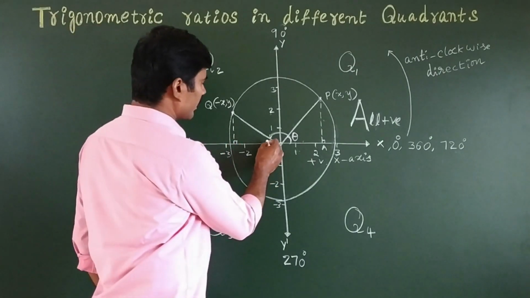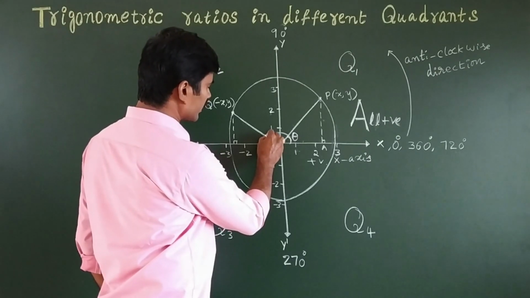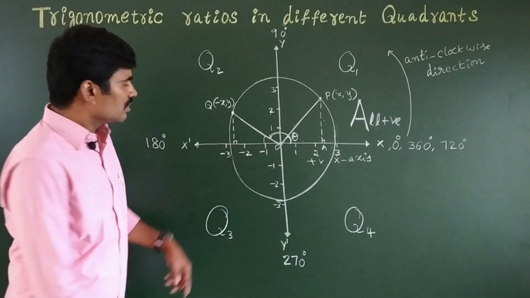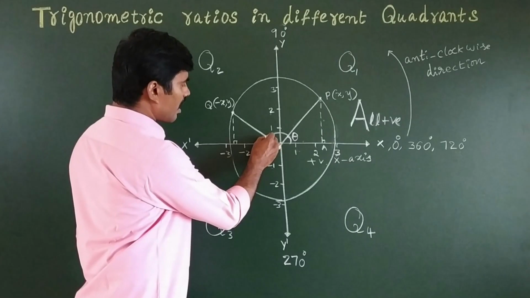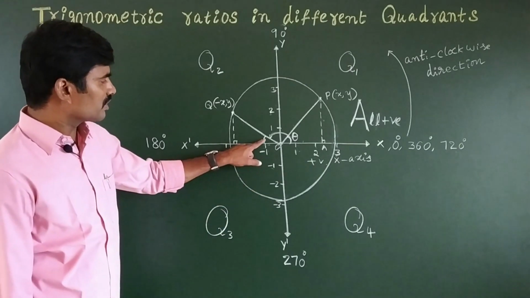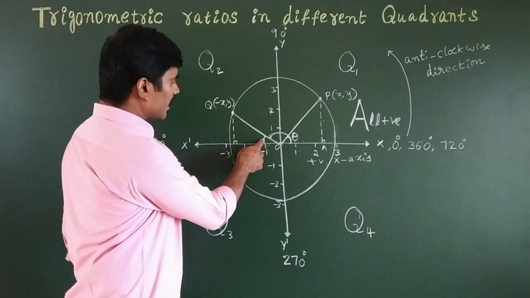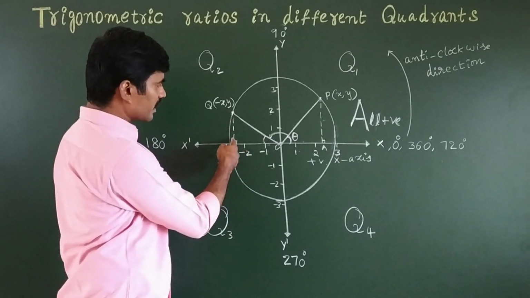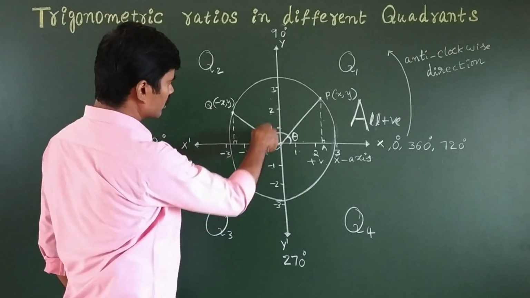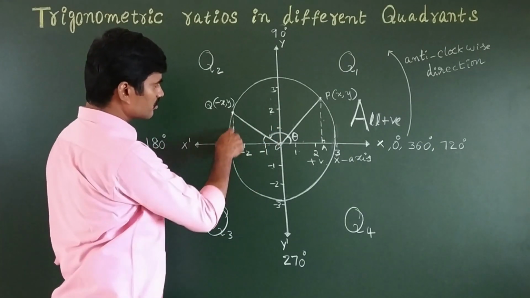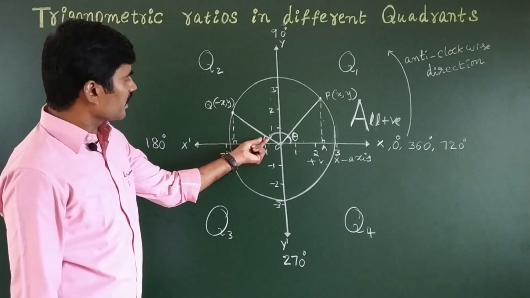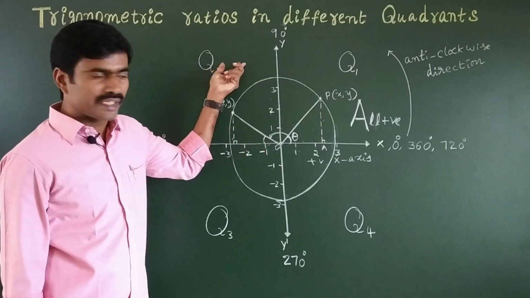Then take again this angle as theta inside. We can write 180 minus theta also. So take the angle between the terminal ray and the negative x-axis. Then sin theta. Sin theta means opposite side. Opposite side is along the y-axis, parallel to the y-axis, so it is positive. So the opposite side length is y. It is positive, and the hypotenuse is always positive. So sin theta is positive in the second quadrant.